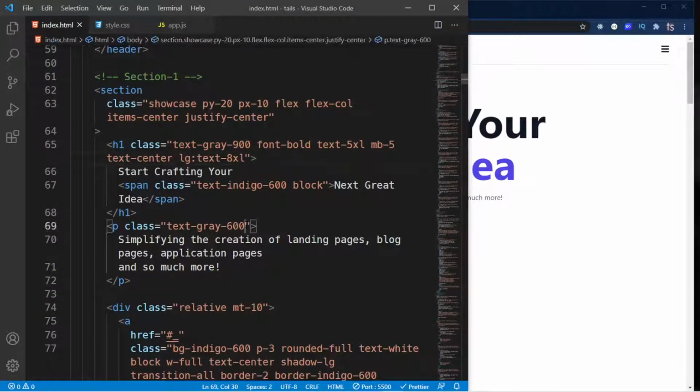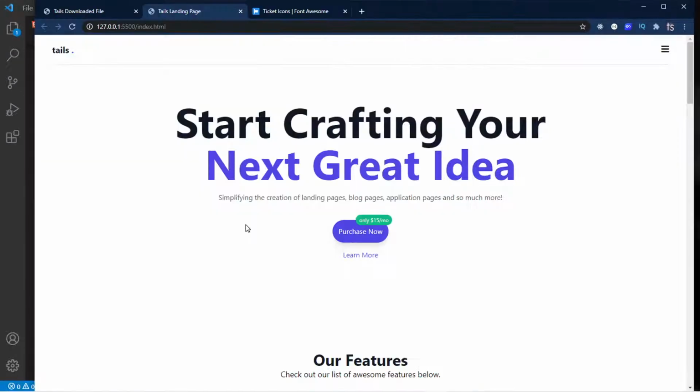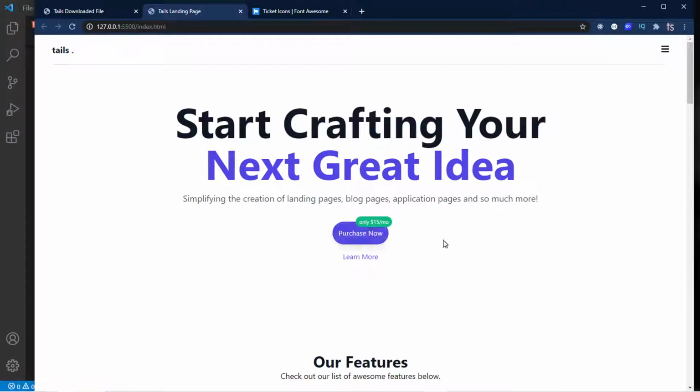So I'm going to go inside here, and I'm going to say that for large screens, increase this to text-XL. Make it just a bit bigger. And would you look at that? It's looking amazing. And finally, the only thing that we're remaining is our header, our navigation links, I mean. So basically what I want to do is I want this to disappear, and I want my navigation links to